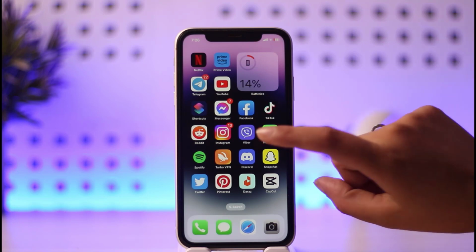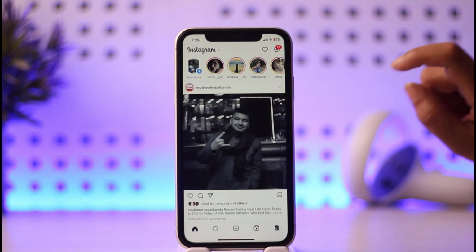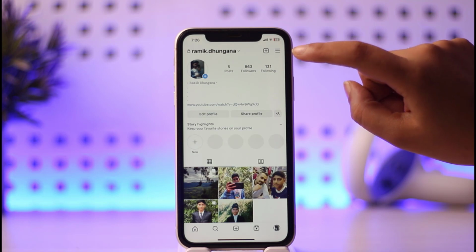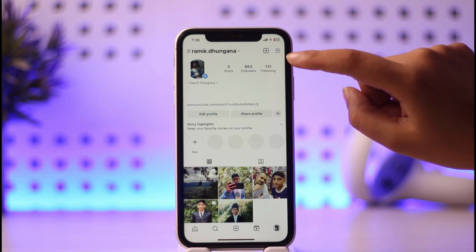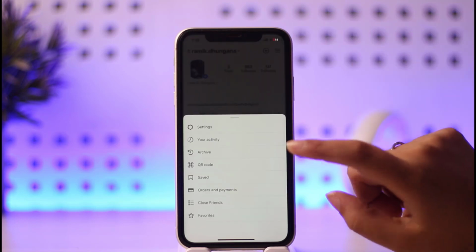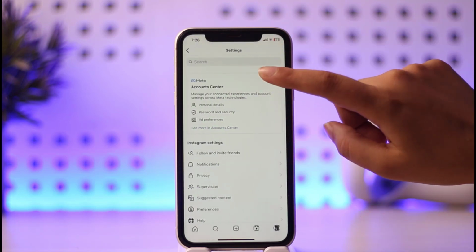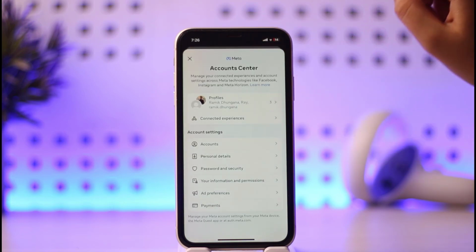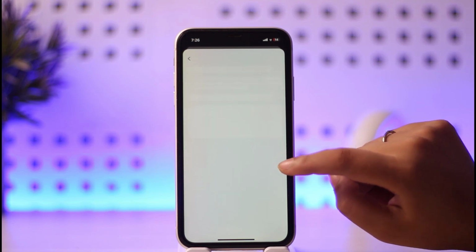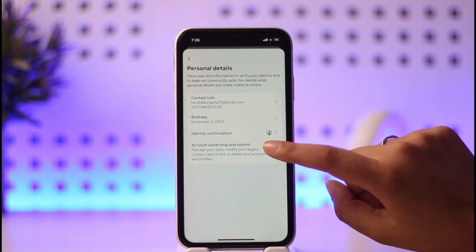So if you want to do so, first of all, tap on your Instagram app. Once the app is open, tap on your profile icon on the below right corner. Then tap on the three horizontal lines on top, then tap on the settings icon and tap on Account Center over here. Then you will find the option called Personal Details. Tap on that option, and now you will be able to find Account ownership and control. Tap on it